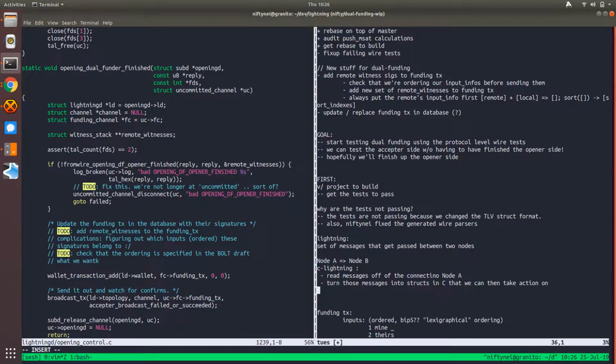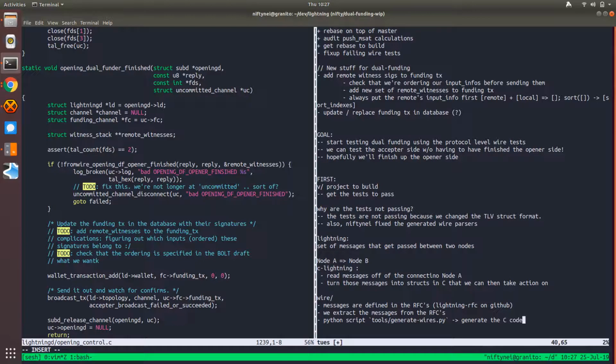Okay. So the way that we do that is we have these things that are called wire generators, all in wire. And there's a bunch of messages, right? So where are the messages defined? Messages are defined in the RFCs, which is a Lightning RFC on GitHub. Basically we extract the messages from the RFCs, and then we have a Python script called generate wires.py, in tools, that will generate the